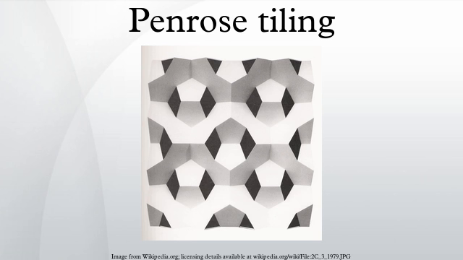As are the length ratios of sides to the short diagonal in the thin rhomb, and of long diagonal to sides in the thick rhomb. In both the P2 and P3 tilings, the ratio of the area of the larger Robinson triangle to the smaller one is φ:1, hence so are the ratios of the areas of the kite to the dart, and of the thick rhomb to the thin rhomb.